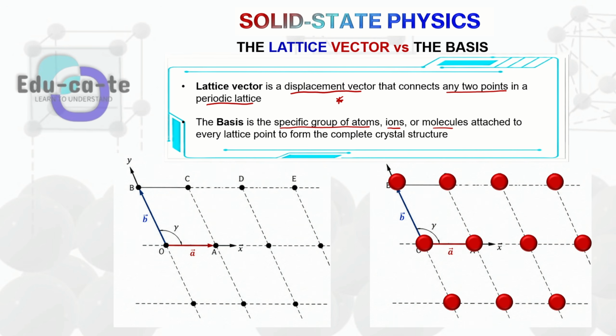So here, when you look at the difference between these two diagrams, in the second diagram these lattice points now have atoms on them. So the basis is a group of atoms that are attached to each and every lattice point. But in a lattice vector, we are only talking about the lattice points alone. Just pretend that you don't know that this is all about atoms and ions. You just assume that points B, C, D, E, O, and A in this first diagram are just points in geometric space, and they have a specific pattern in which they repeat, defined by these lattice vectors.